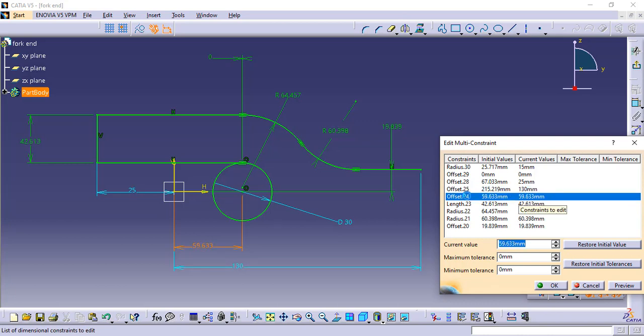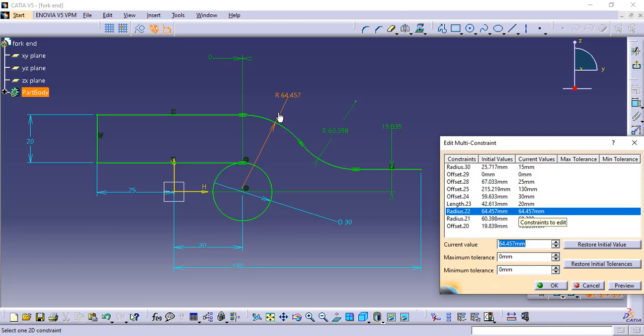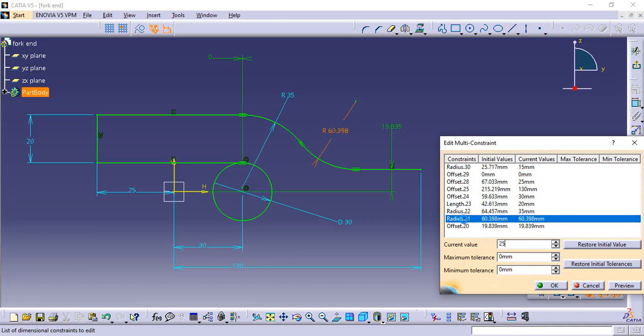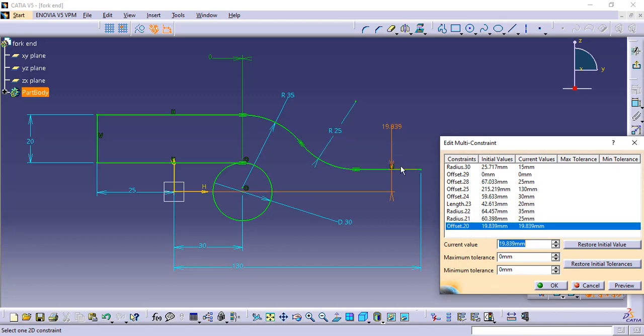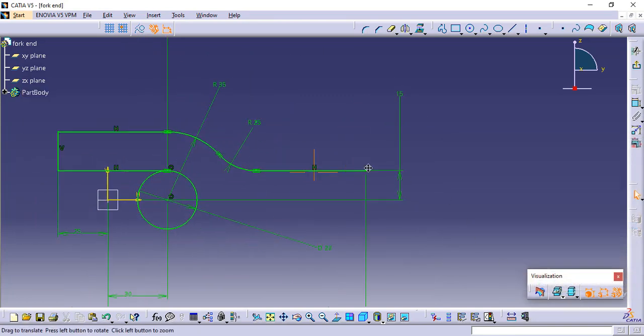First we will enter all the dimensions, then we will click OK. This dimension is 30. This one is 20. This one is 35, 25, the last one is 15. Now you may just give OK, and we have fully constrained dimensions.